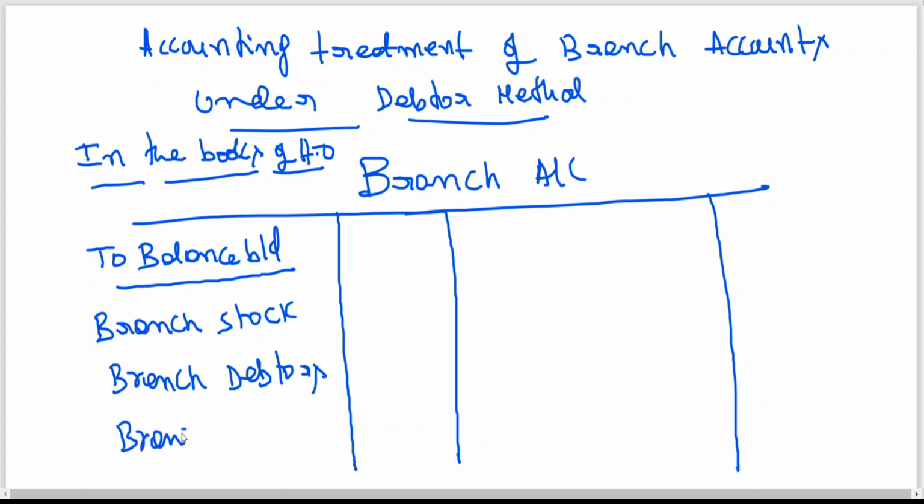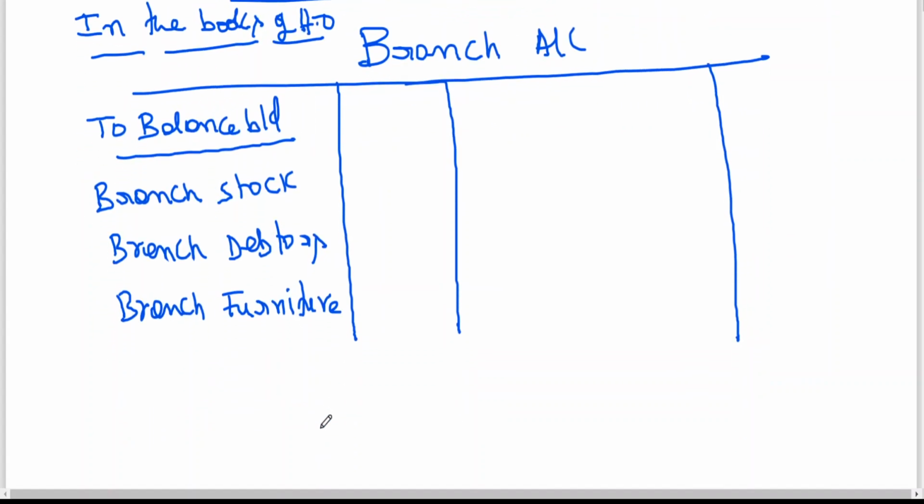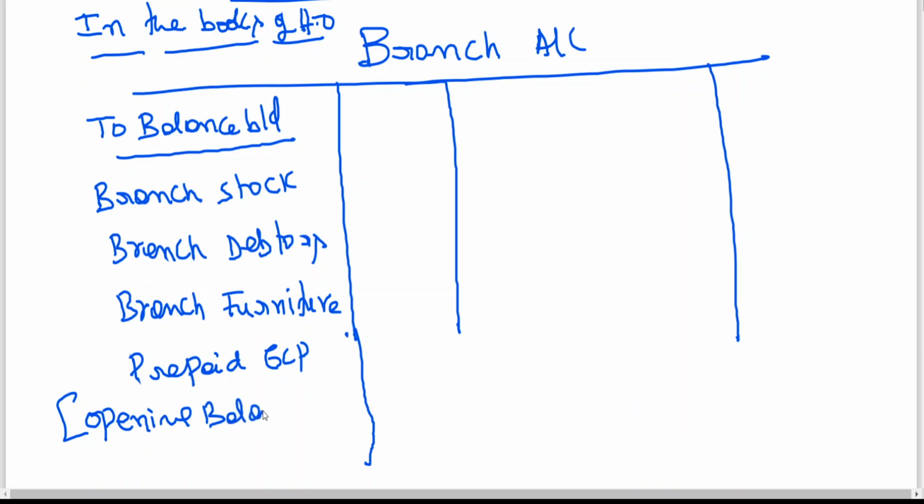And you can take an example. What are the assets of branch generally? Furniture. You can go to any supermarket, or you may be having computer, swiping machine. So in branch generally building, if it is taken on rent, or air condition, air cooler, these are the assets, branch furniture. And if there is any prepaid expenses, it is an asset. So here for you to have a clarity, I'm writing opening balances of assets.